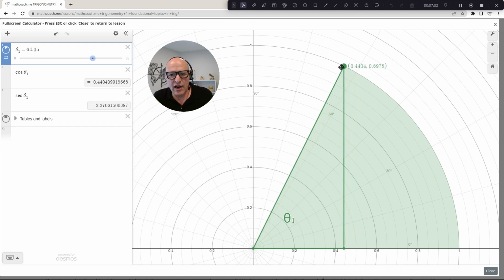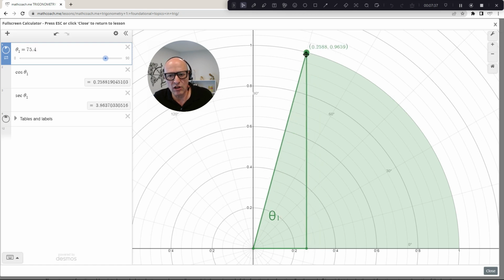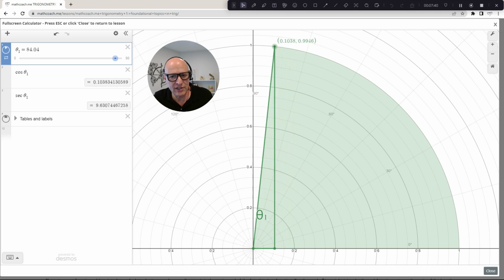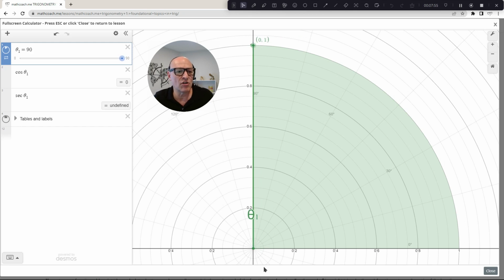As this gets larger and larger, our adjacent side is getting smaller and smaller and begins to approach 0, so our cosine ratio also approaches 0. Eventually, when I get to 90 degrees, the adjacent side is 0. 0 divided by 1 is 0. The reciprocal of that, 1 divided by 0, is undefined. So our secant at 90 degrees is undefined, and there's actually an asymptote if you were to graph the secant ratio right at that point. Okay, let's move on